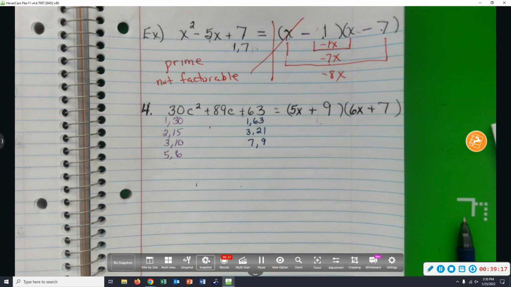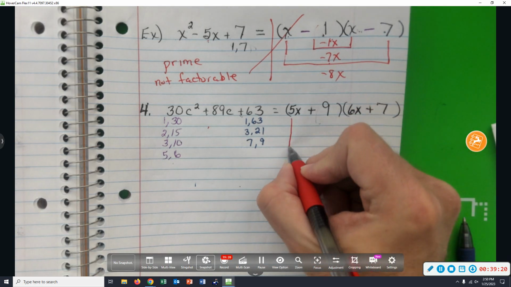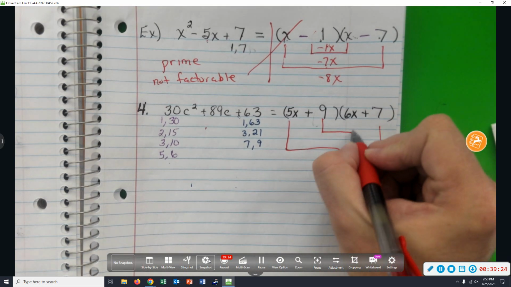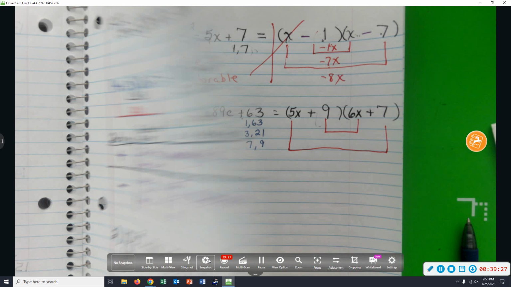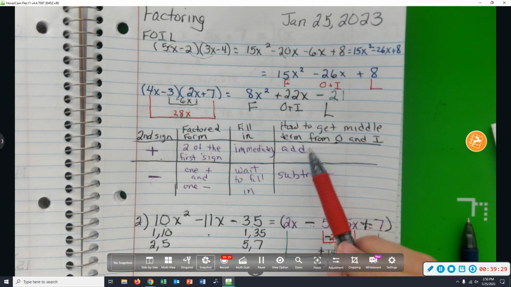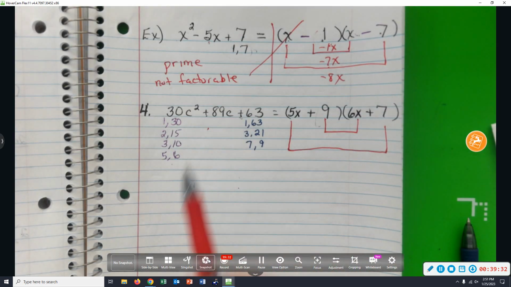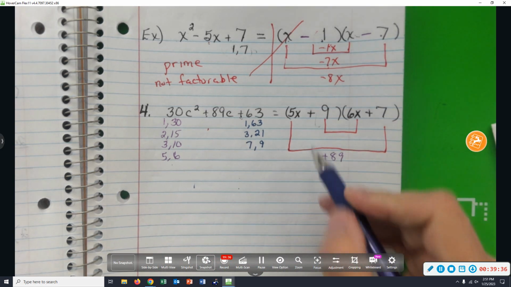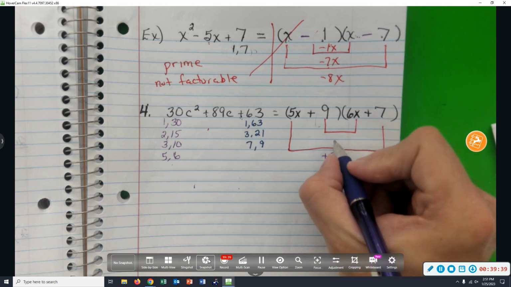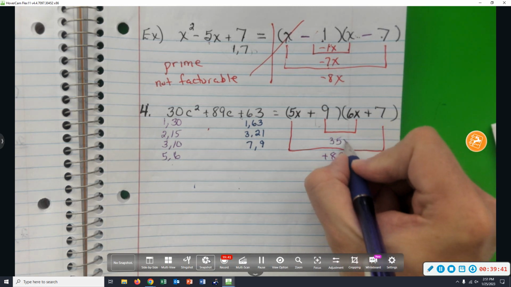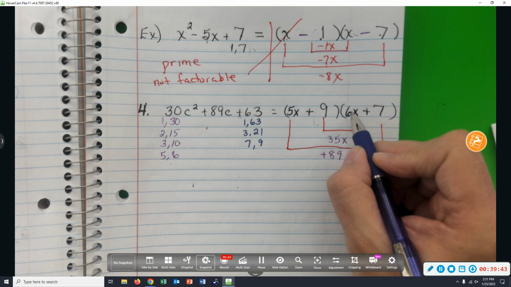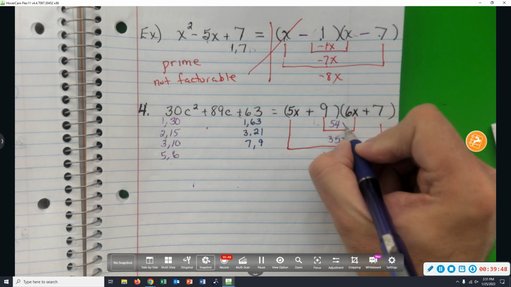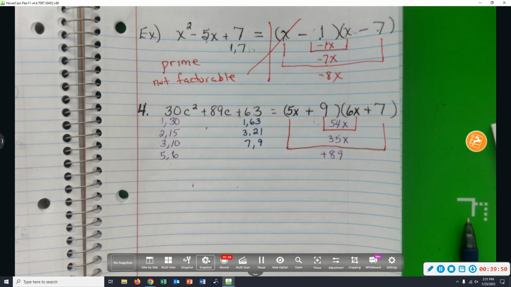How do I find out? You've got to look at the outer and the inner. Let's see if those outer and inner terms add together to get a positive 89x. Let's see. The outer, is that a positive 35x? Or what about the inner? 54x? Are y'all caught up with me? Are y'all following what I'm doing? Finally,